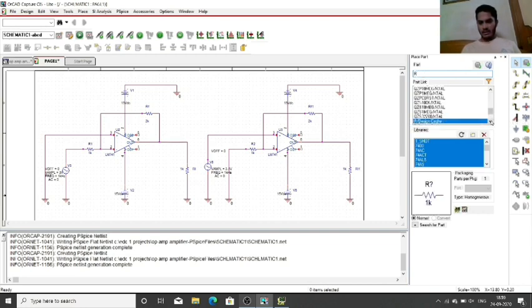So for example, if we need to add a resistor, we can click on R and press the enter key. The resistor will appear and we can place it anywhere we want, for example here or here. Now to get rid of this, we can press the escape key.